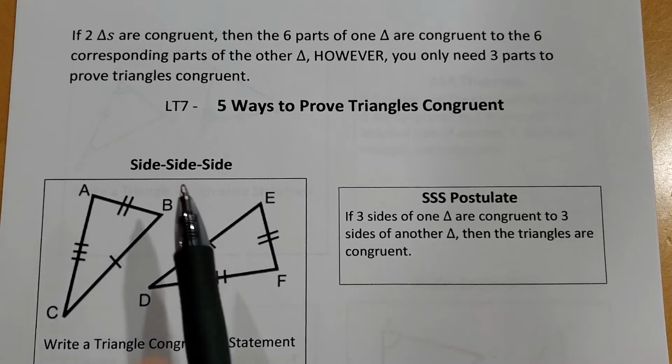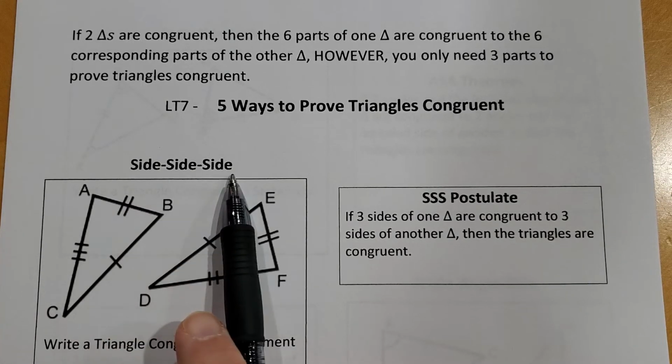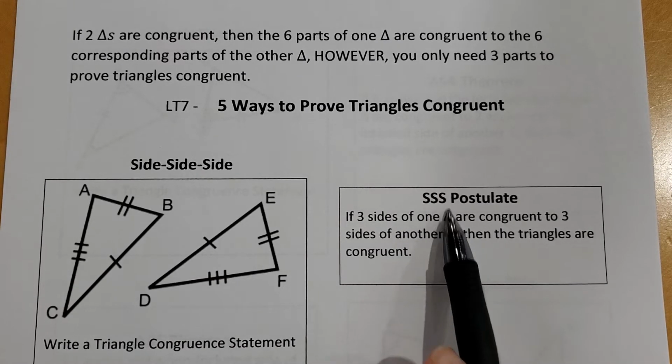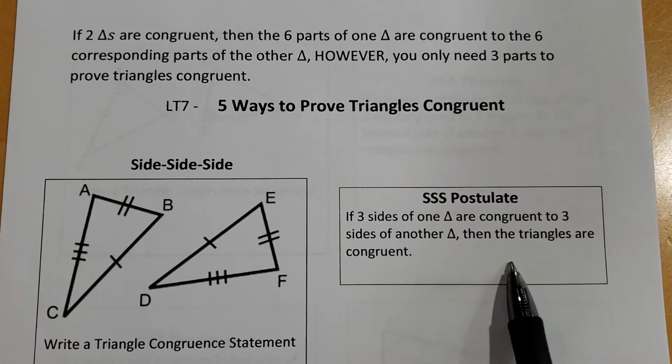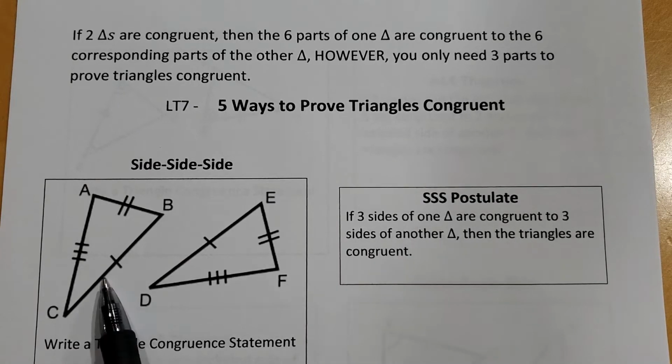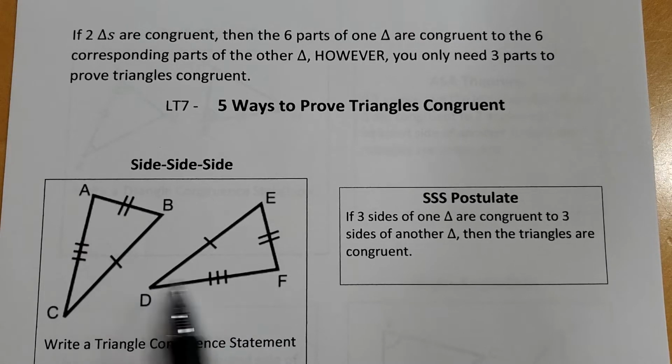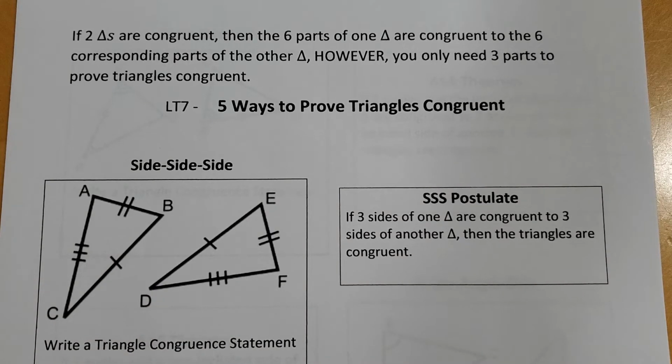So one of the 5 ways is called side, side, side, and we use 3 S's to say that. And when we see the SSS, we say side, side, side. That's the side, side, side postulate, and what it says is if 3 sides of one triangle are congruent to 3 sides of another triangle, then those 2 triangles are congruent. There's only one triangle that will have those 3 sides that are congruent to the 3 sides, and they have